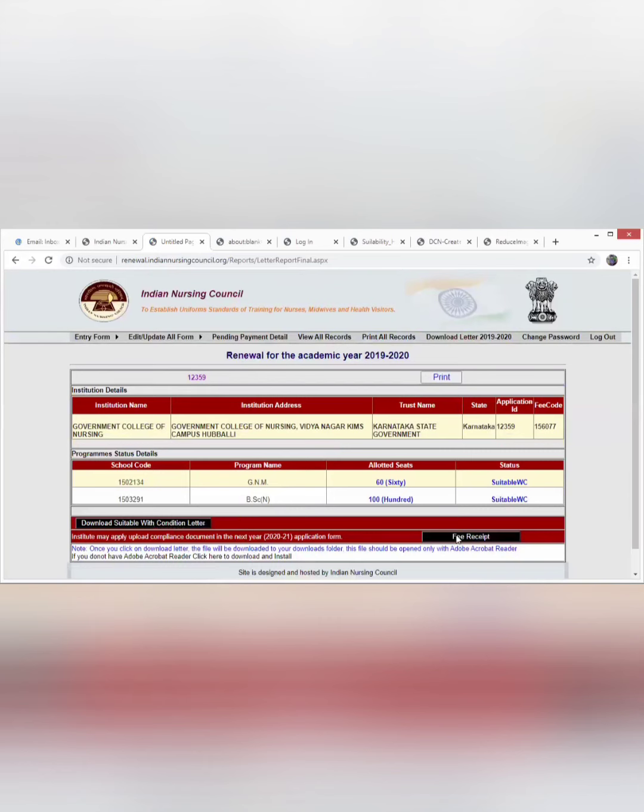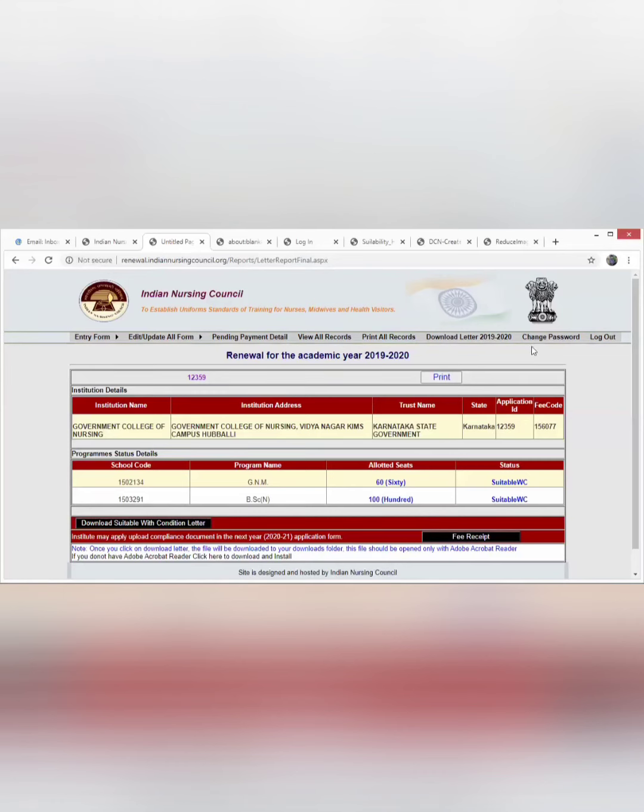You also can have the compliance and the fee receipt. Whatever fees you have submitted online, the fee receipt will also be provided to you through this application itself. That's why it is very necessary to save your login ID and password, because in future this user ID and password will be maintained throughout. It's like a file for you, so you have to maintain this file. The file number will be the user ID, and the password opens the file.